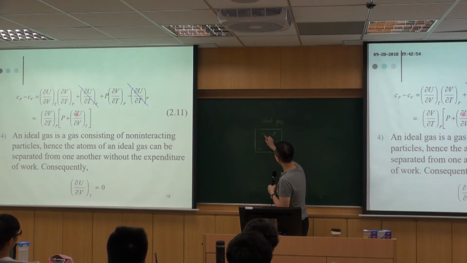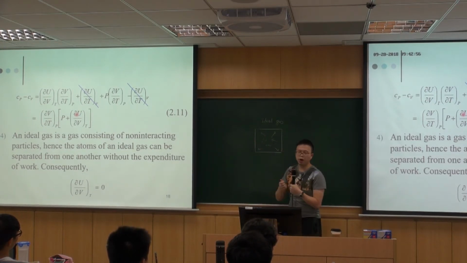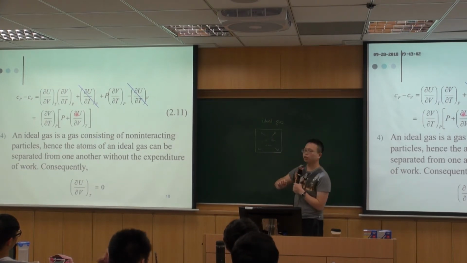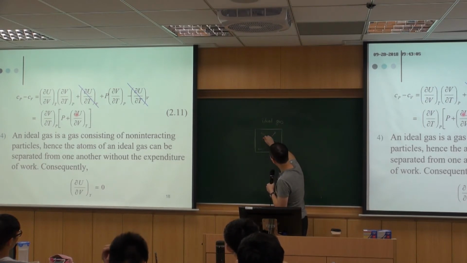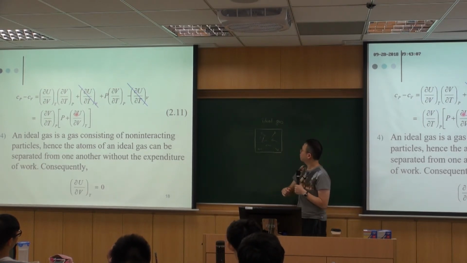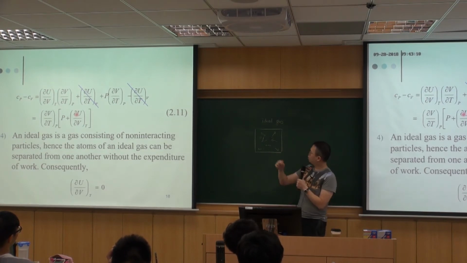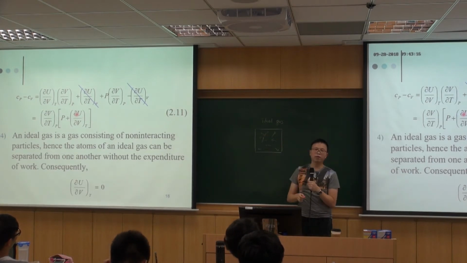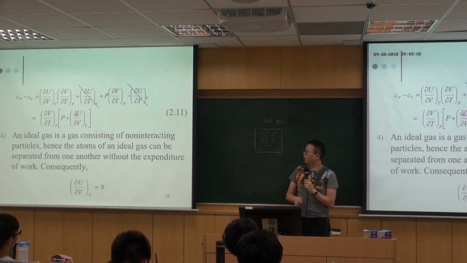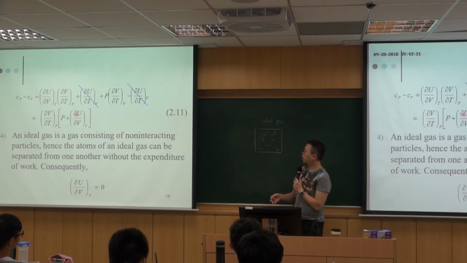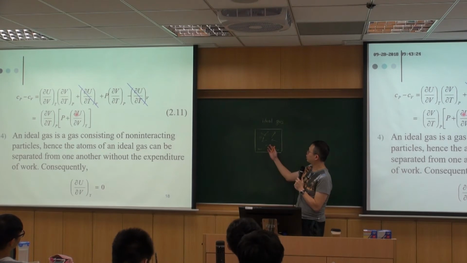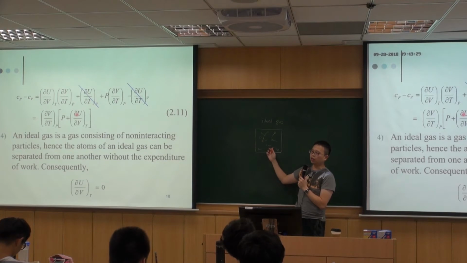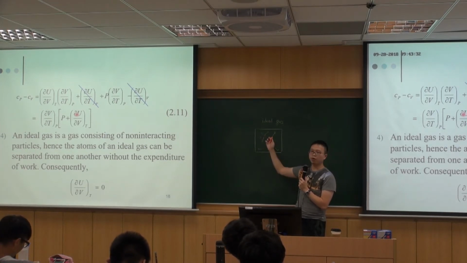So they will have maybe some repulsive force against each other. But for an ideal gas, there's no such interaction. So this interaction is 0, which means that to pull one particle away from the other, you don't have to spend any work. And to be more specific, it means that the internal energy of this ideal gas system only depends